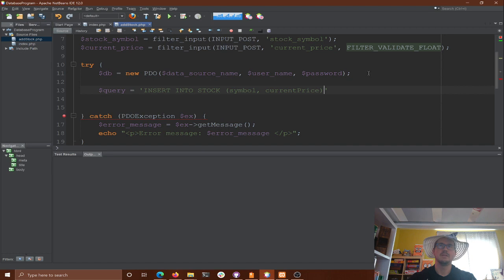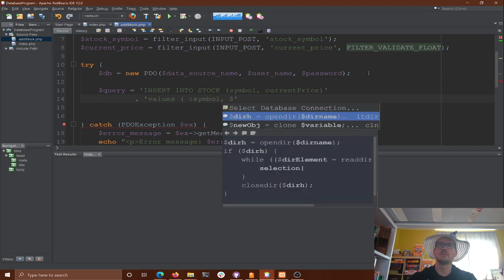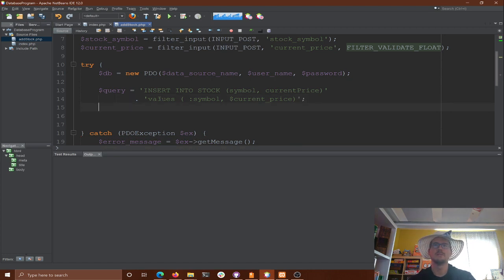Well, what are we going to insert? We're going to insert values of, and here we're going to do the substitution again. We'll have symbol and another substitution for current price. Okay, and that's going to be our SQL command.